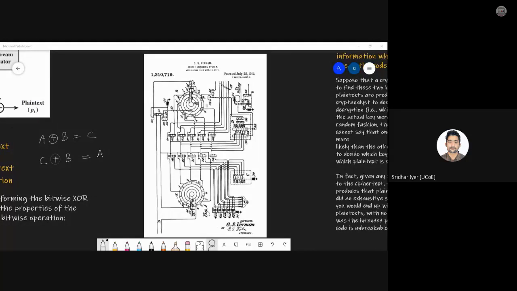If we have a plain text in the form of binary values, we want to convert that plain text into ciphertext. So we need some sort of a key, and that key is being provided as a stream of binary digits, right? So if we are implementing this particular cipher in the form of hardware, then at one point of time we may run out of paper, because at that time when this particular cipher was introduced, the keys were made using punch holes in paper, right?